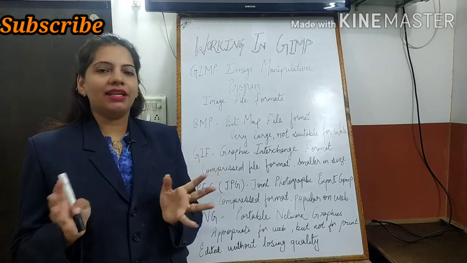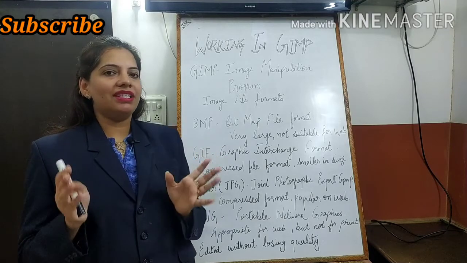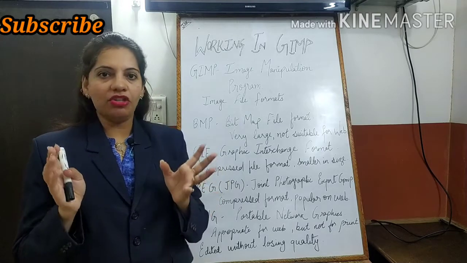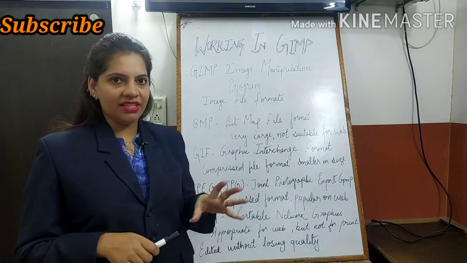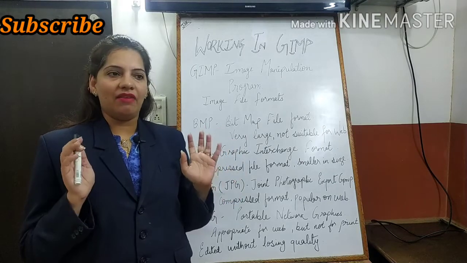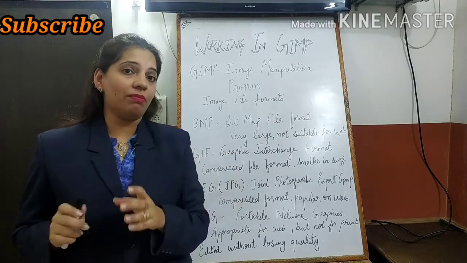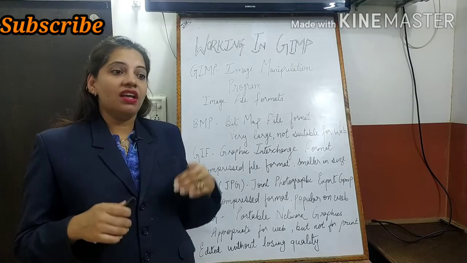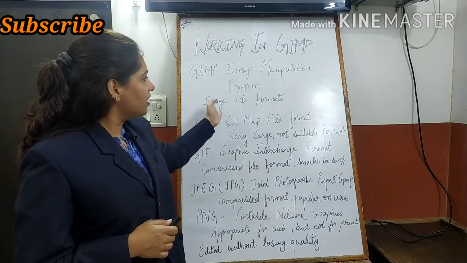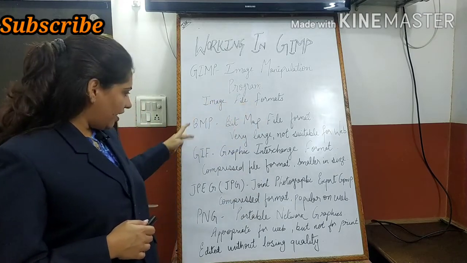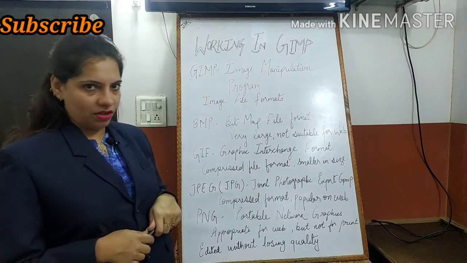First of all, some basic things we have to go through, the basic terminology about the images. So image formats, I will tell you. An image is having a particular format. They are having a particular category to which format they belong. There are different formats supported by different, we can say, gadgets. So there is image file format. Here I have mentioned 4 different formats of image.